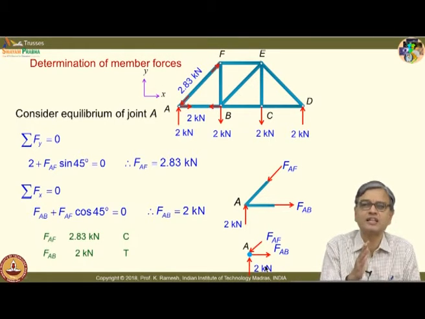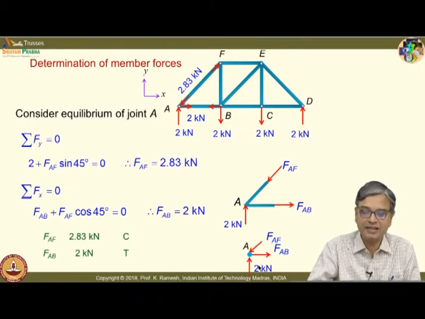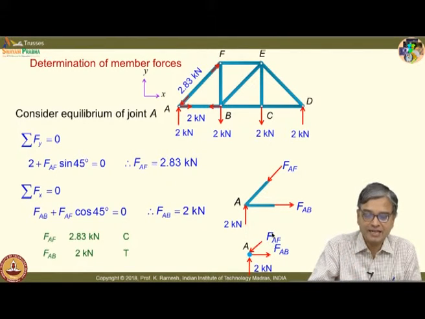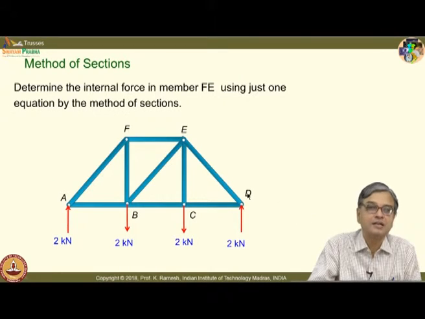All that restriction is not there when I simply isolate a joint and put the forces acting away from the member. It is very clear that this is tension even when you perceive it. So, if I start my forces like this, when I get the answer as negative, you can also associate that as compression. So, it has a slight advantage from physical visualization. And secondly, you do not worry about how the joint has been made. So, the choice is yours, which is the way that you would like to solve the problem in trusses.